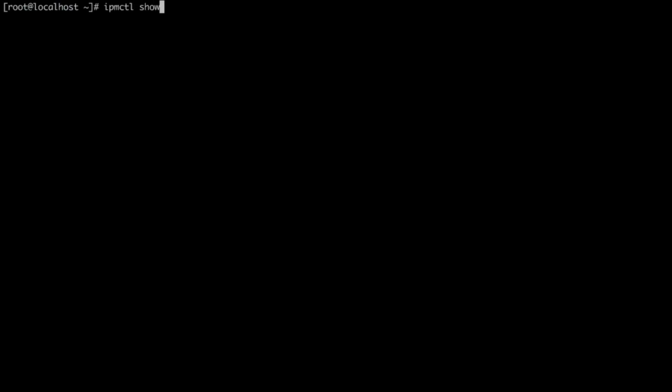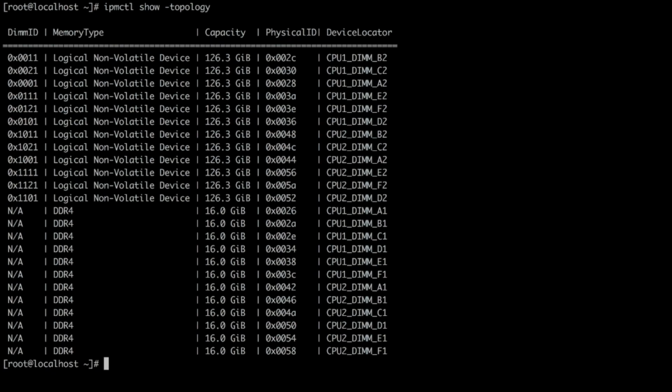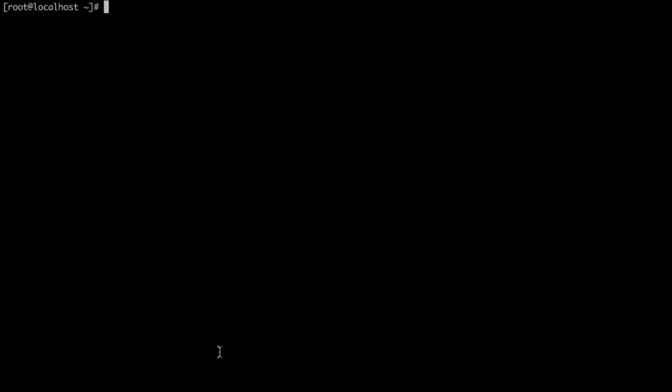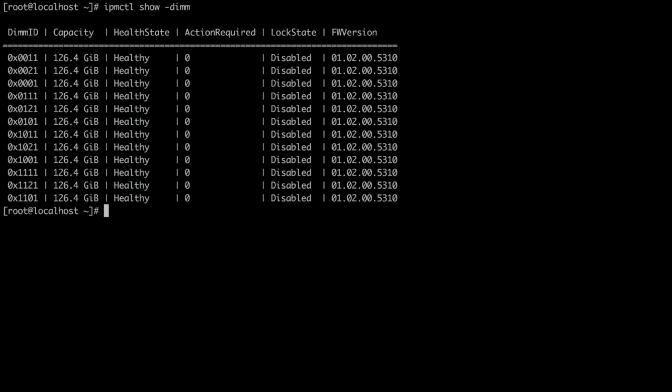First, we'll use the IPMCTL show topology command to display our total memory resources available. The examples shown in this video are from a system that has two sockets fully populated with 12 16GB DDR4 DIMMs and 12 128GB Intel Optane DC persistent memory modules. We can quickly check the total capacity, health, and firmware versions of our persistent memory modules with the show dimm